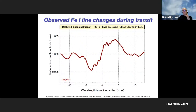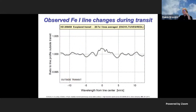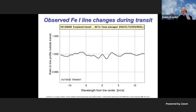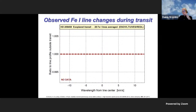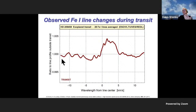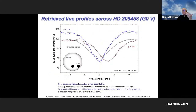The line profile of these average lines, in this case, it's 26 iron I lines, divided by the line outside transit. And so this shows the noise level. Again, this is 5 parts in 1,000. So the amplitude here is a few parts in 1,000. And it is from such sequences of data that one can reconstruct what are the stellar line profiles behind the